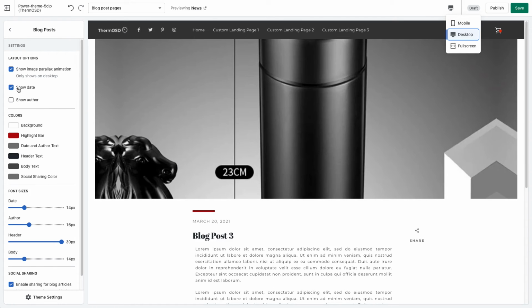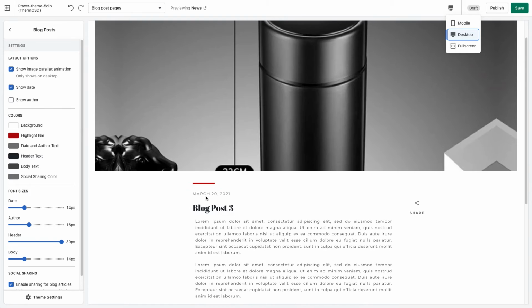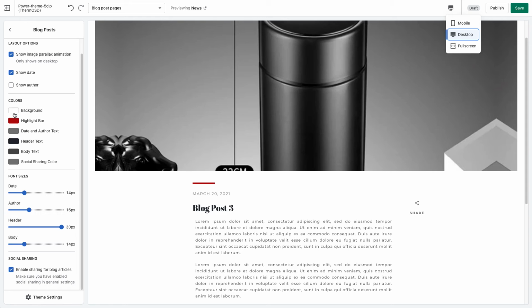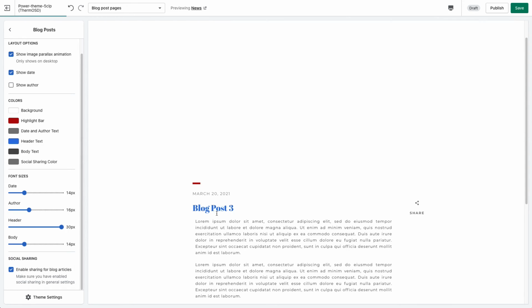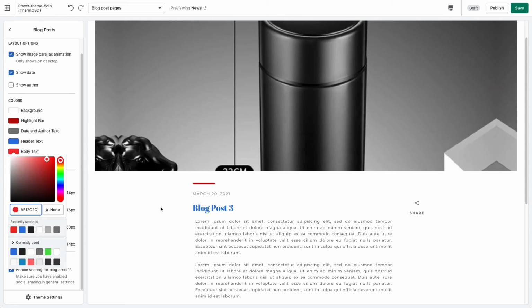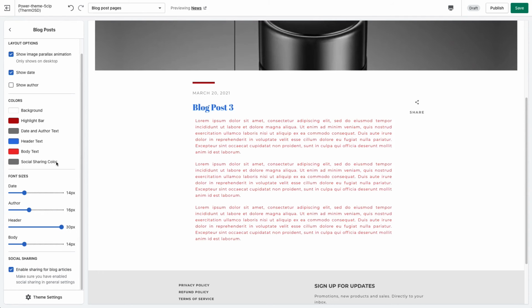If we go back, show date, show author, so we can choose to show the date and the author as we wish. We have background color, highlight bar color, which is this color here, date and author color. Obviously we have the author hidden right now. Header text, so that is this text here. Body text, which is the body, and social sharing color, which is this color here. And if we save it,